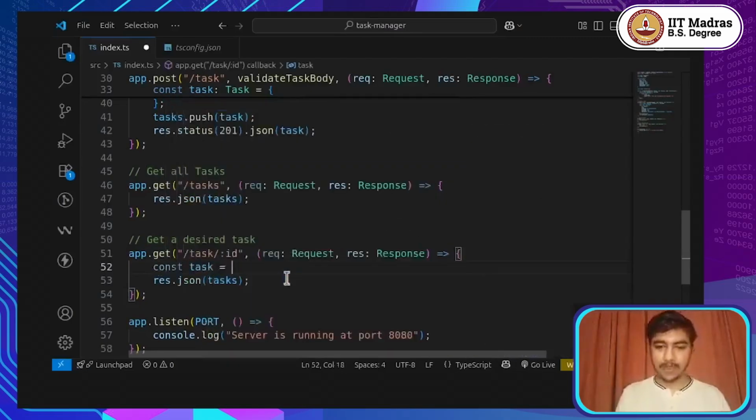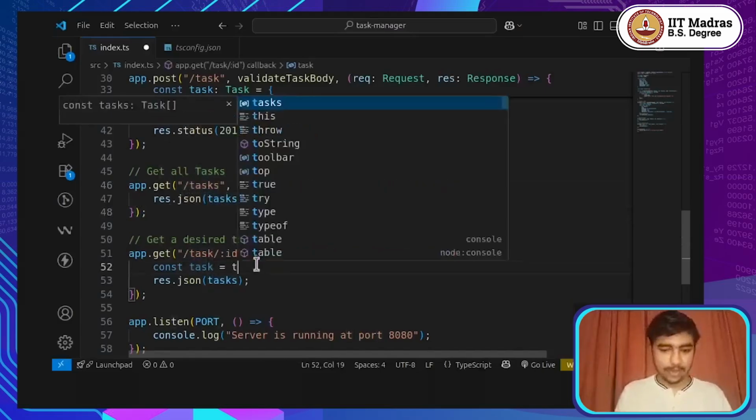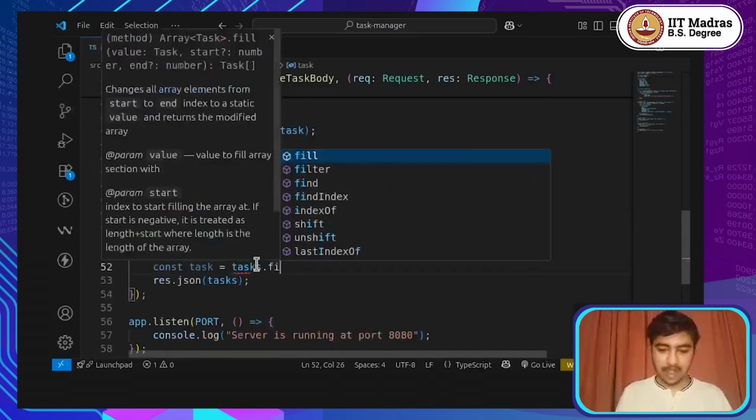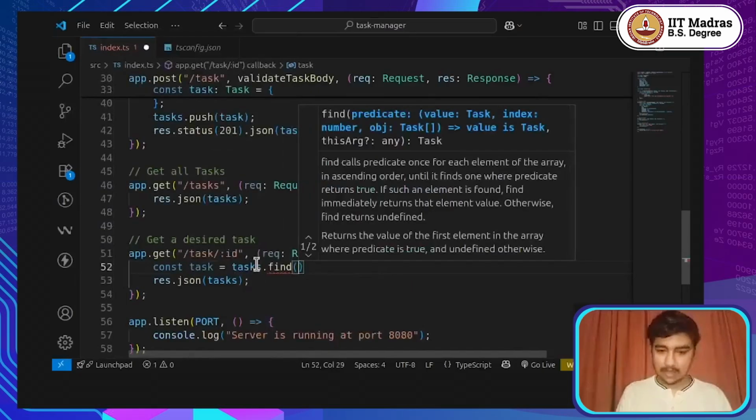Talking about the logic that we will make use of here, it's going to be simple. We will first try to find a task from the tasks list which matches this given ID in the request path parameter. If we find it, then we will return that. Otherwise, we could return an error, like the one we were talking about returning from the tasks endpoint as well. So the logic I am going to be writing here is tasks.find,